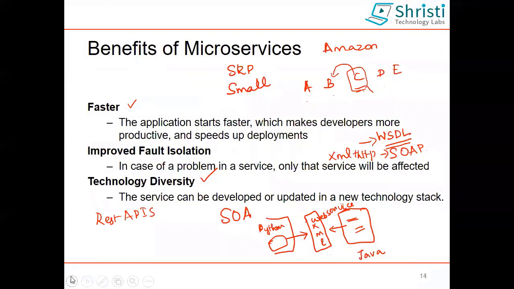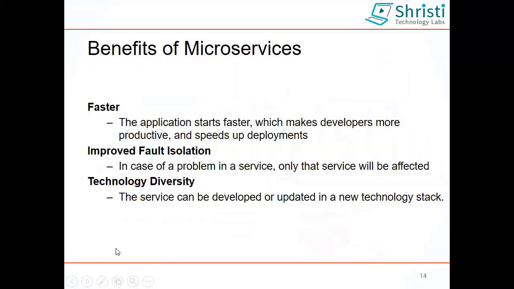See, once a very simple example I'll tell you. In case of SOAP, I mean, service-oriented architecture, a very simple example. Assume I am running a restaurant or a hotel. I'm providing lodging and staying. Now I'm getting some inquiries for traveling inside the city or outside or whatever. I don't have that facility.